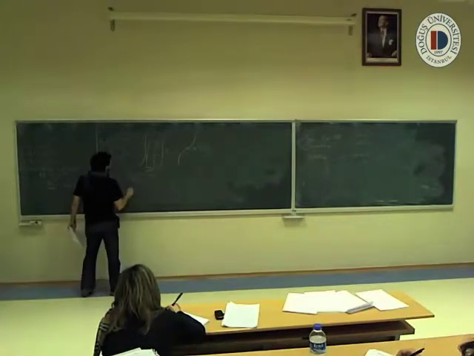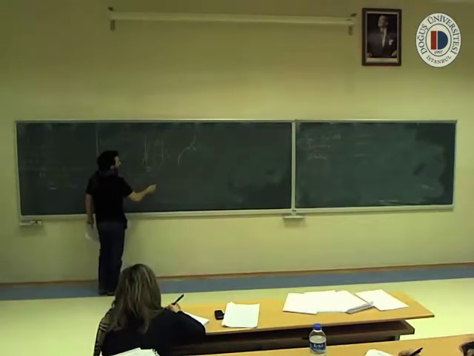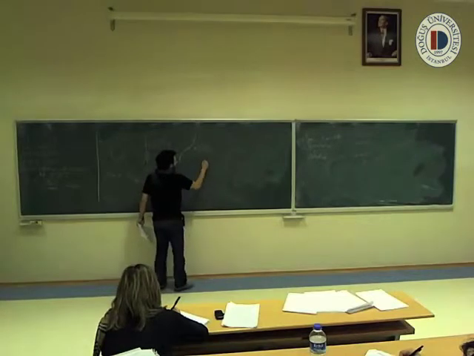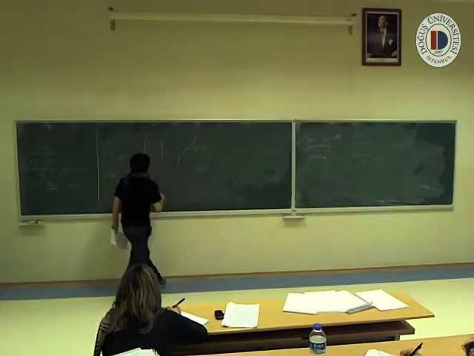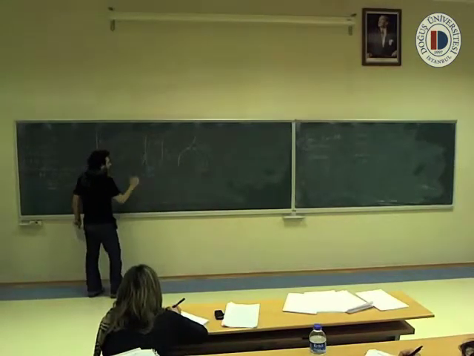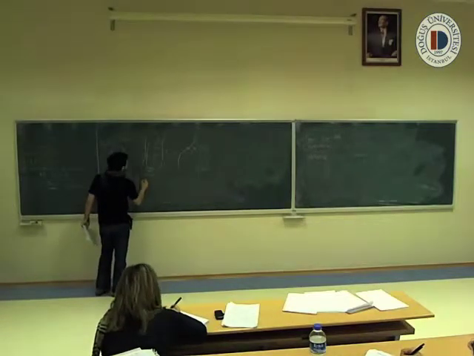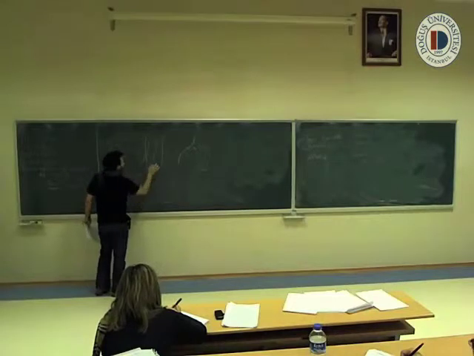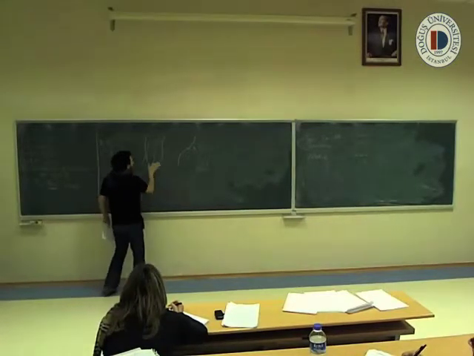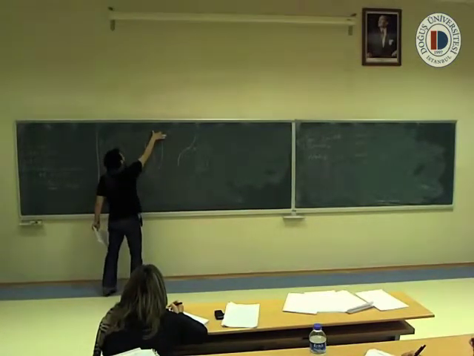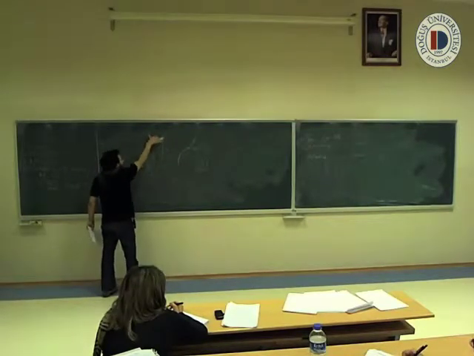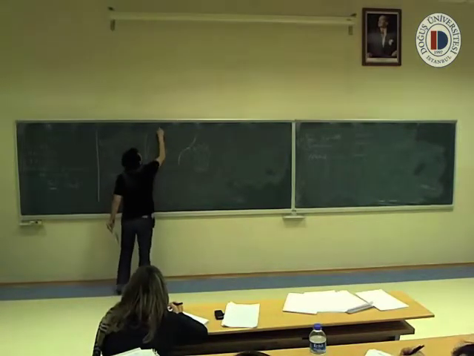It's called the Nambu-Goto action. Instead of the invariant length, which is just ds in this case, it should be the invariant area. Okay, so the area is given by this quantity. If you have a metric, you embed this nice sheet. It's called the worldsheet